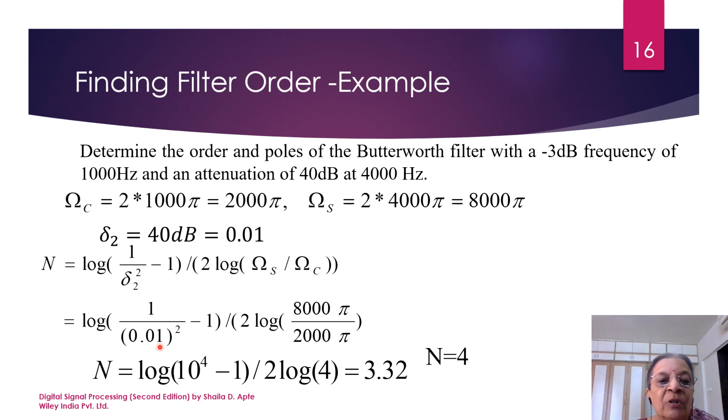Delta 2 is 0.01, and omega s is 8000 pi, that is the stop band edge, and omega c is the cutoff frequency 2000 pi. So if we substitute and calculate, we get n is equal to 4, because the value that we are getting after calculations is 3.32. So to meet these requirements, we will consider the value of n which is slightly higher than what we calculate. So if in the calculation we are getting 3.32, we will use n equal to 4 in